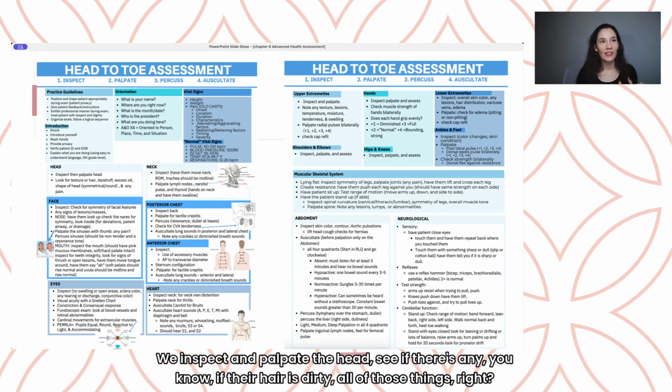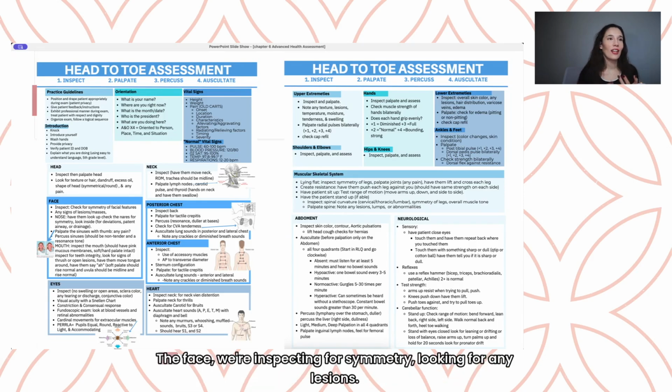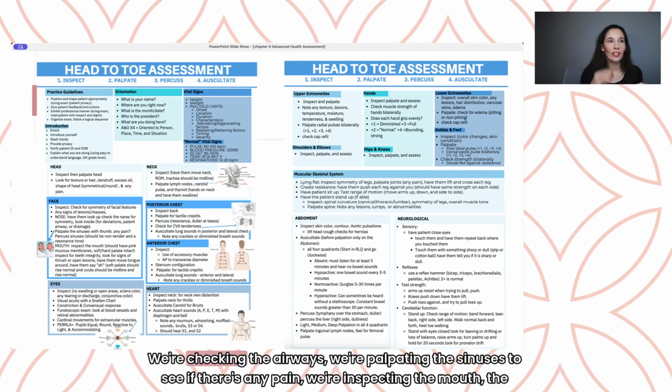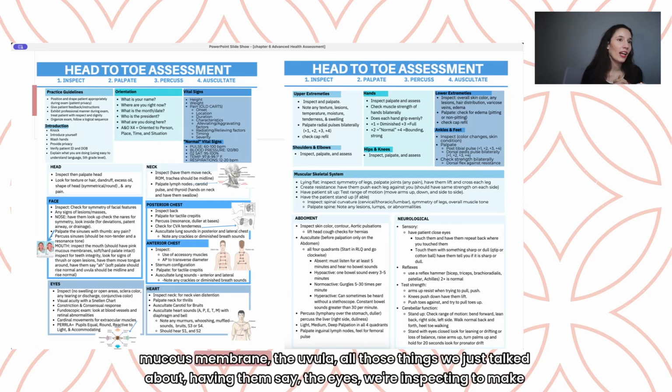We inspect and palpate the head, see if their hair is dirty, all of those things, right? The face, we're inspecting for symmetry, looking for any lesions. We're checking the airways. We're palpating the sinuses to see if there's any pain. We're inspecting the mouth, the mucous membrane, the uvula, all those things we just talked about, having them say